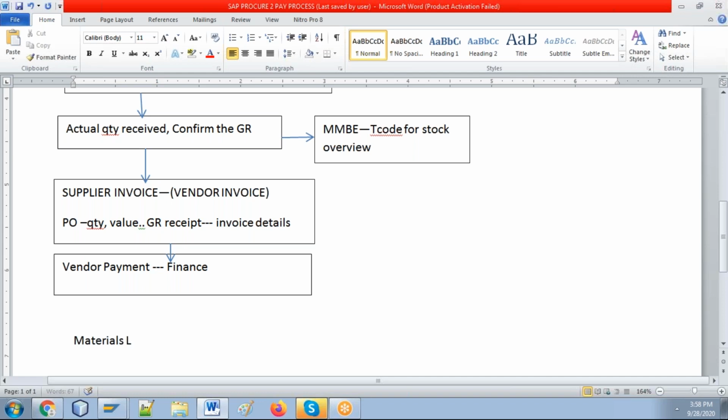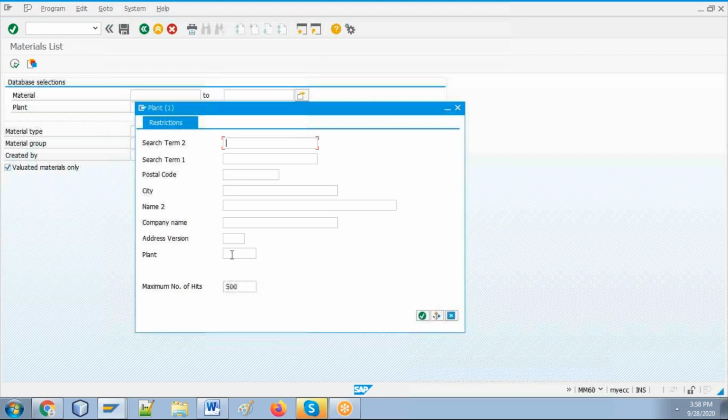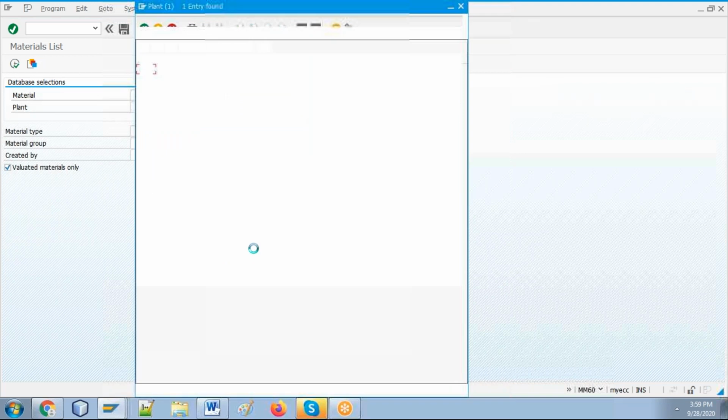Materials list. MM60 is the T code. Here you can enter the material. If you don't know, you enter the plant. What are the plants we entered? I think we created with IBM. Then the plant company is IBM. We started with IBM, then we created plants starting from M010. Enter this. Under that,